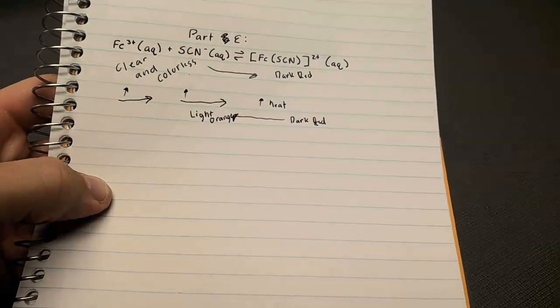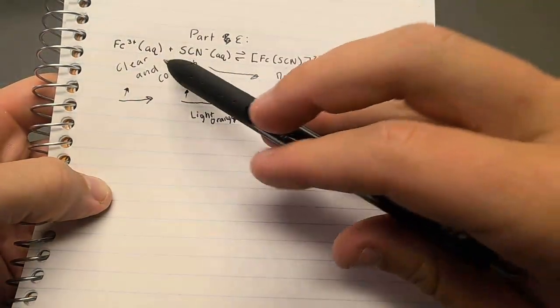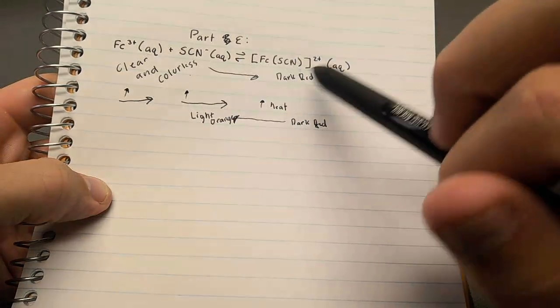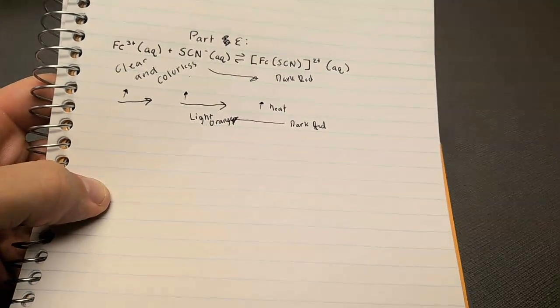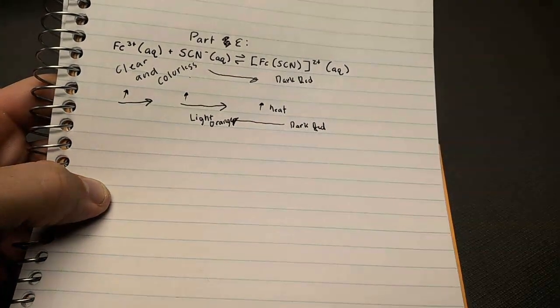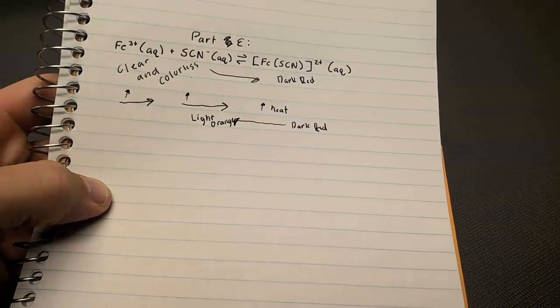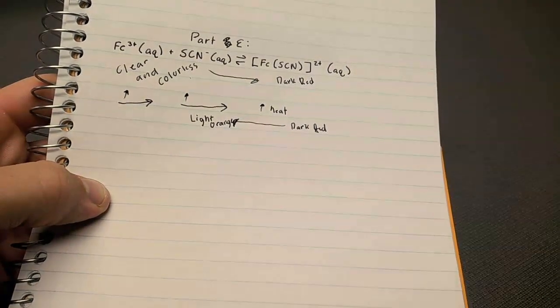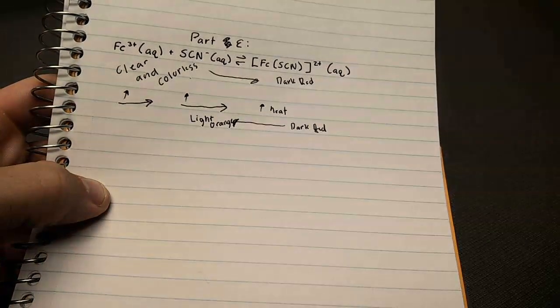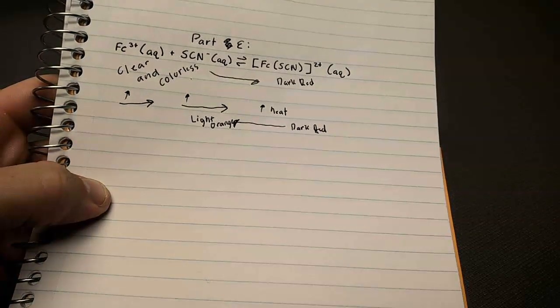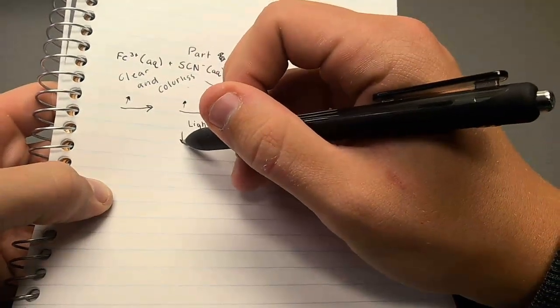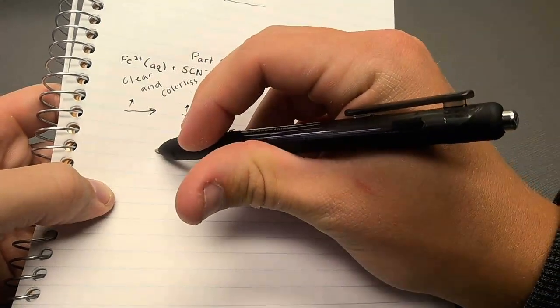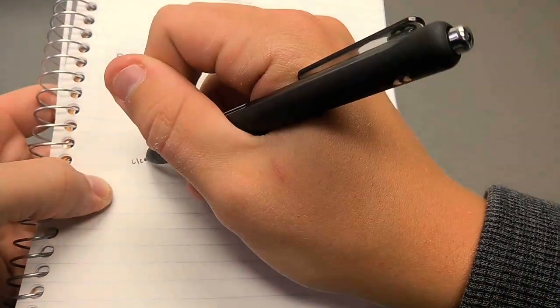Since that was the compound that formed, the shift would go to the left since the concentration of SCN- decreased. So when the SCN- decreases, it would shift back to the left,